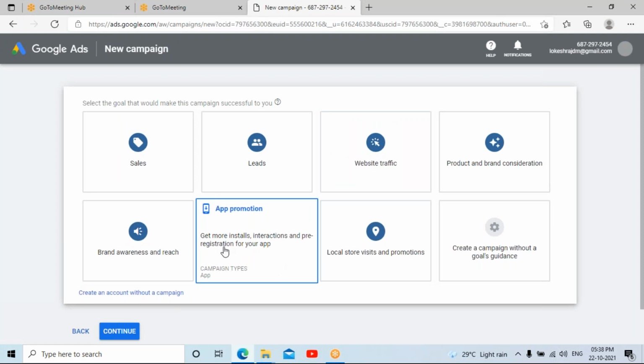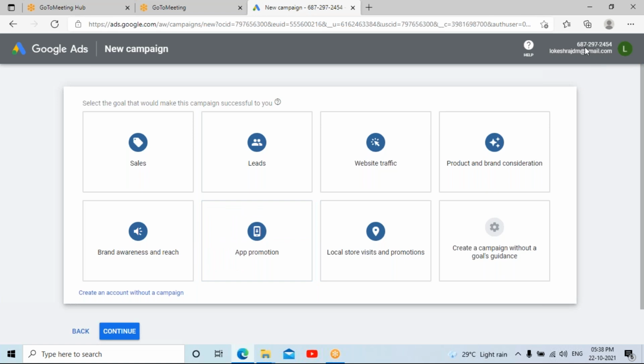When you create a new campaign, make sure that it generates a 10-digit number, and click on switch to expert mode.